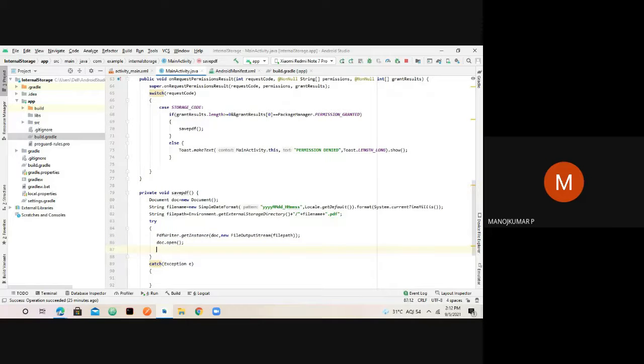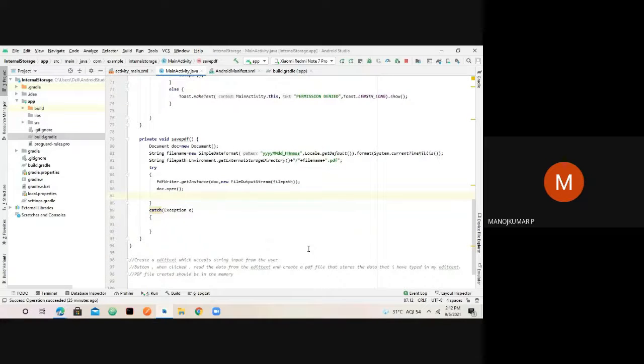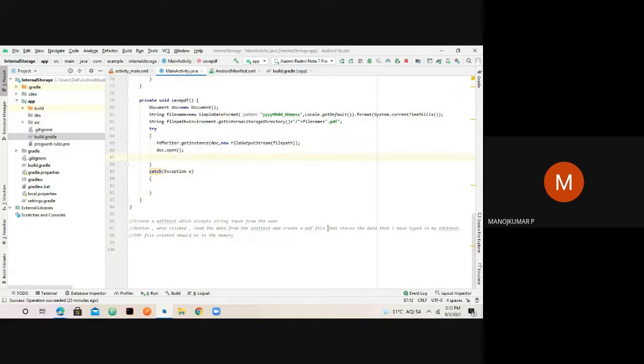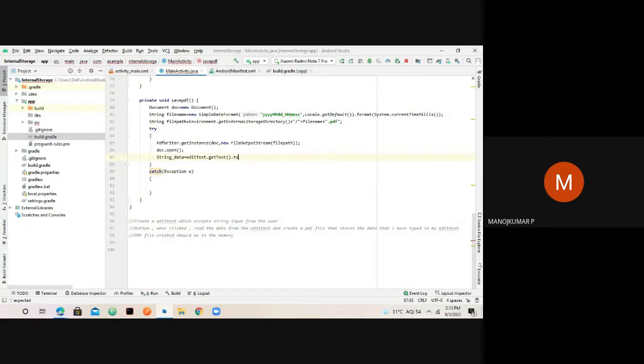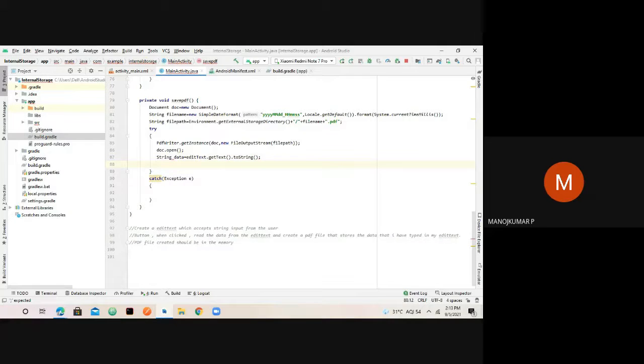Okay, so the document, what we have planned is, as I already mentioned, this document will be populated with the values that we read from edit text, right? So in the edit text, you can type a given paragraph. So I would say data here and get the value from the edit text. So I would say get data, get text, a string format to convert to string, right? So I have this data, which shall now be added to the document.